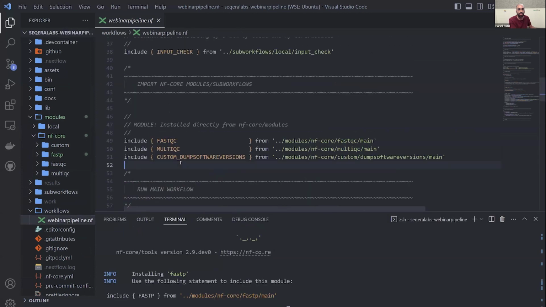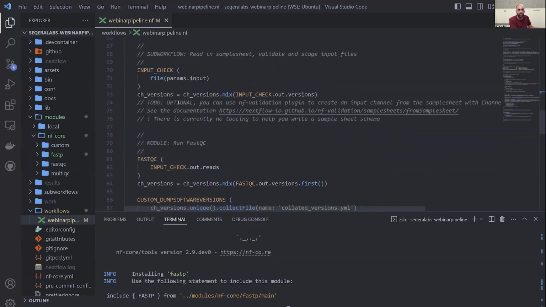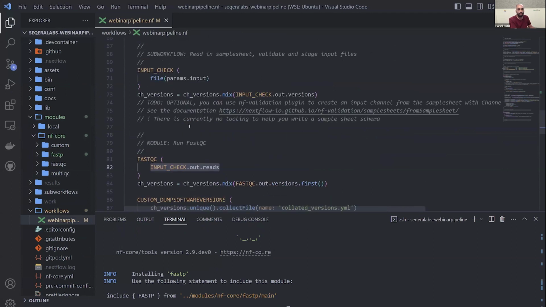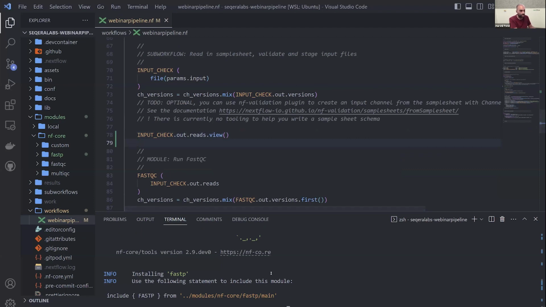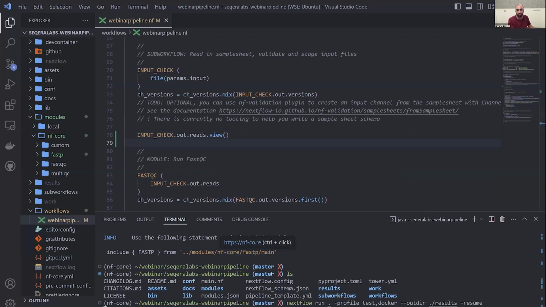So here, I'm just going to copy this out and replace it with FastP. But before I do that, I need to see what these channels look like in terms of the reads, because FastP takes as input some sort of channels. I won't go into much detail about channels and that sort of stuff, but just to highlight how you would typically do this sort of thing,